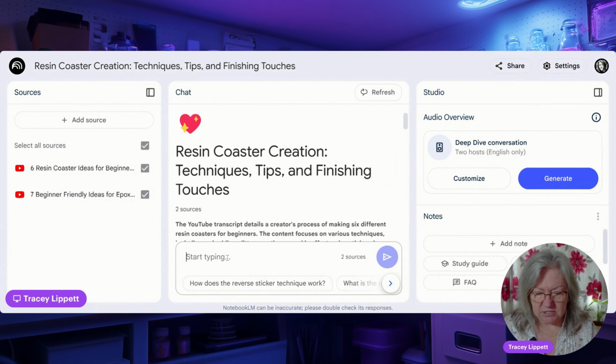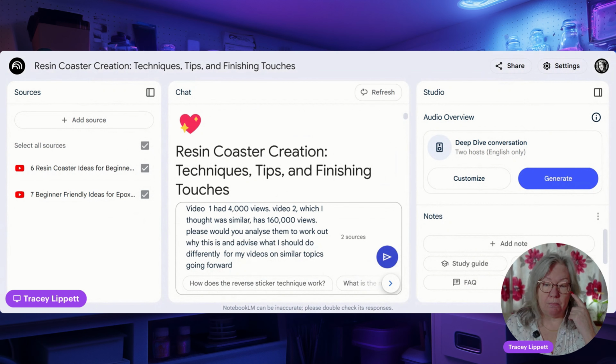I want it to compare these two. So bear with me. I'm just going to type in the prompt, which is the kind of brief. You're telling it what you want it to know, and I'll come back to what that prompt can contain later. Okay, so I've done my prompt. I've given a bit of context as well.